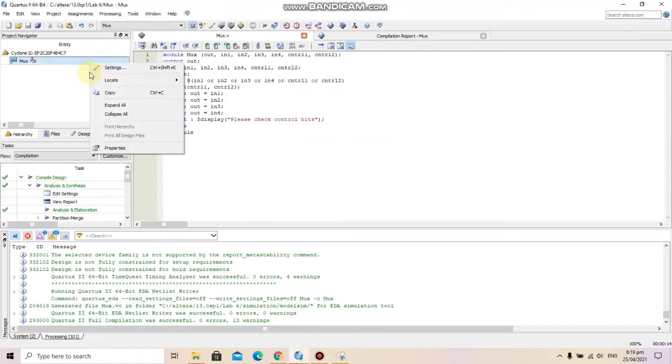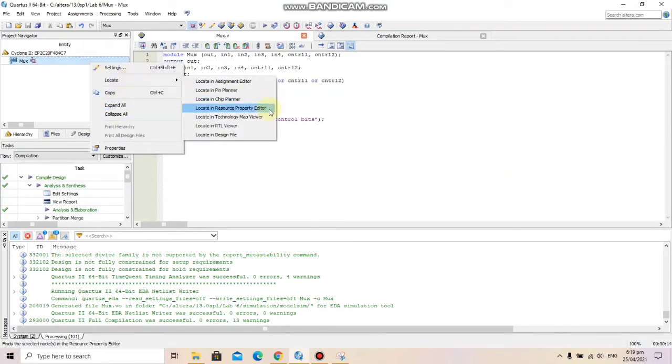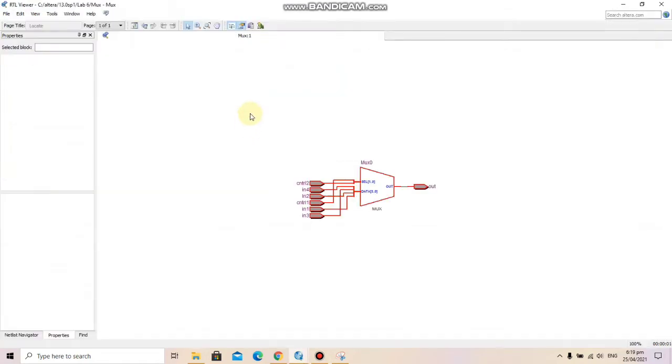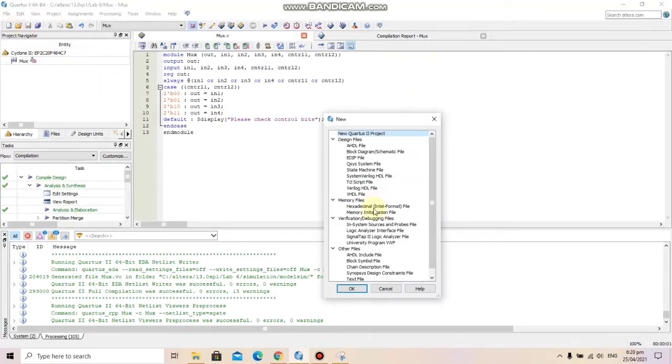Now let's look at it in the RTL viewer. Here we can see it. This is how it will look. And now let's look at the outputs.